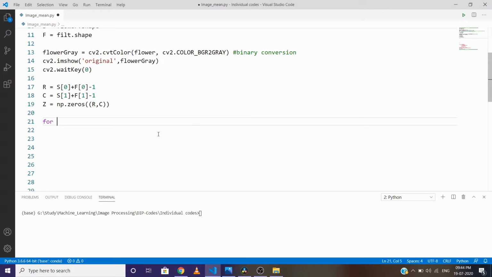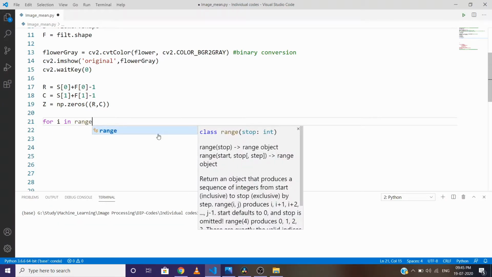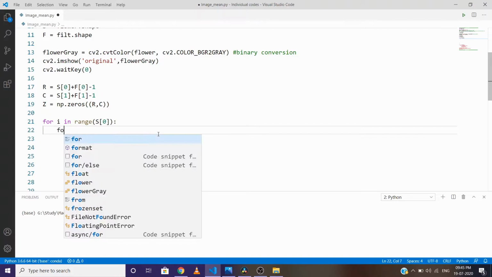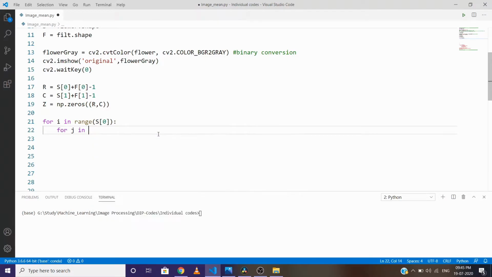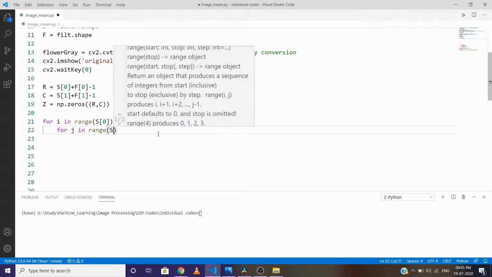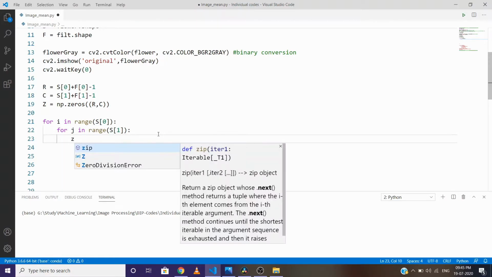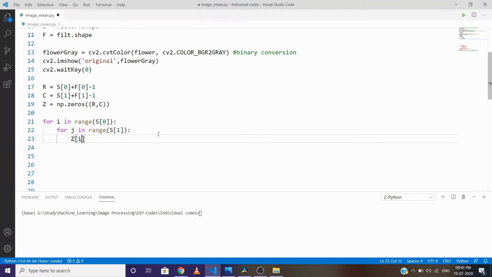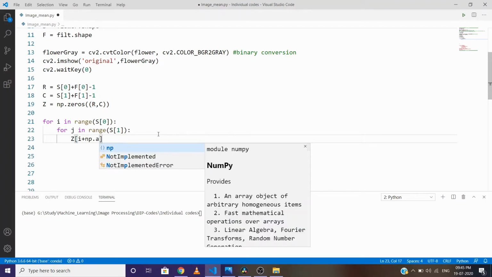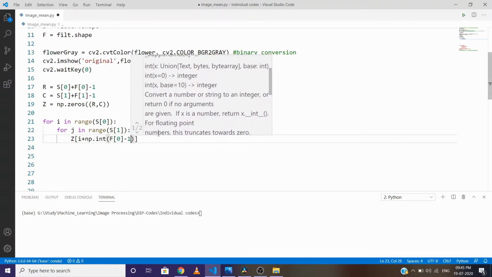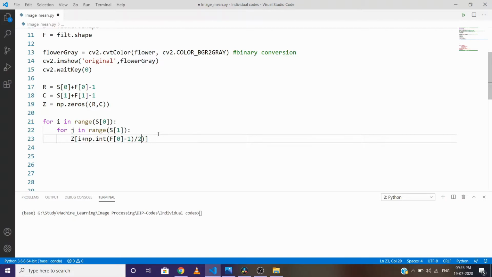So let's write here for i in range, let's write it in general form, so it's 0, and for column right here s1, and we are changing the value in the z array, so write z[i + np.int((kernel row minus 1) divided by 2)], and let's also keep it in round brackets. Same for column,